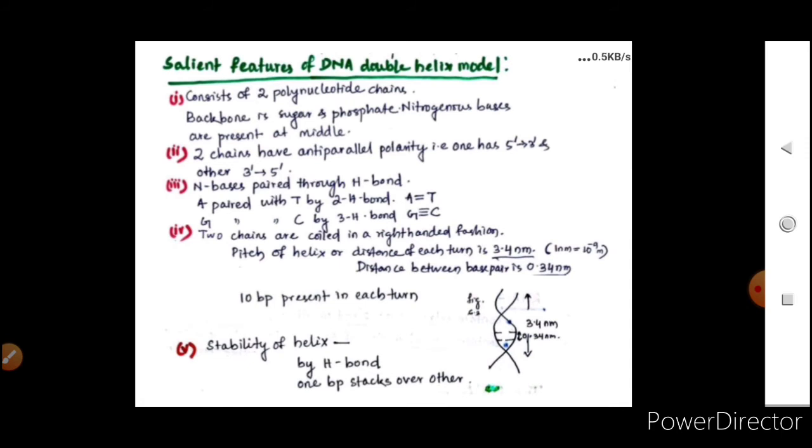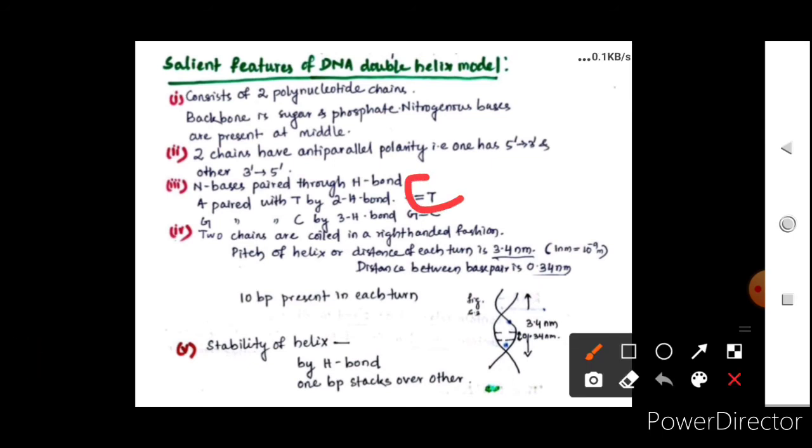Adenine forms two hydrogen bonds with the thymine from the opposite strand and vice versa. Similarly, guanine is bonded with cytosine with 3 hydrogen bonds. As a result, a purine always comes opposite to a pyrimidine. This generates approximately uniform distance between the two strands of the helix. Now you can see that AT has 2 hydrogen bonds and GC has 3